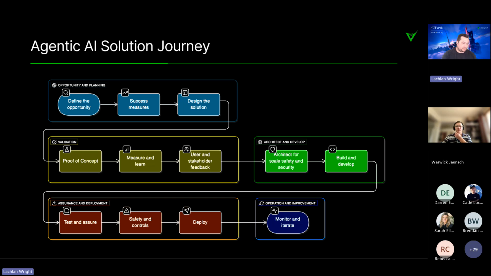You don't want that opportunity and planning phase to take more than maybe a day or two tops. You want to get through that really, really quickly and get into that proof of value, start to build the thing out. It doesn't have to be perfect, but very quickly look at the measures to see whether it's got traction. And if you're confident that it does, get it in front of the people who would use it and get their feedback as quickly as possible.